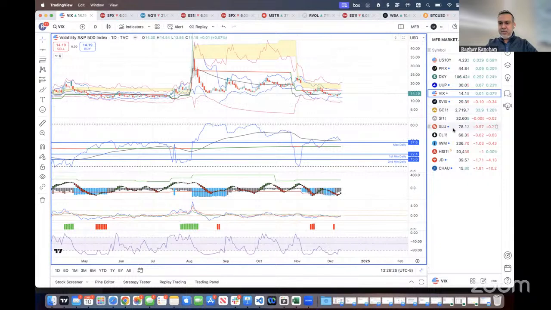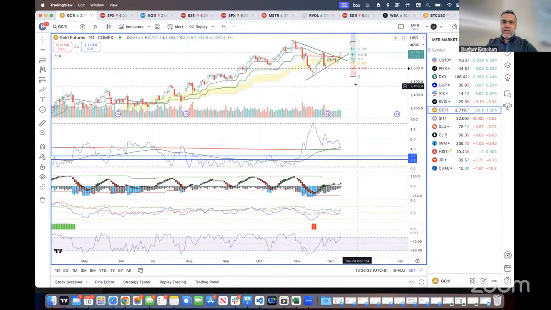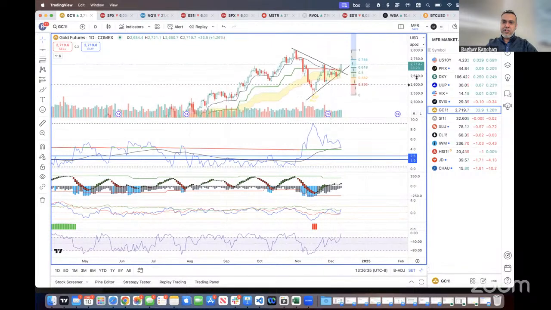Now, coming to some of the assets that I'm looking at. So this is the GC chart, gold chart. We had a very, very solid buy signal from the MFR indicators, and it got capped. And if you look at the technical indicators, some people might look at it as a triangle breakout, and that happened today. What I'm seeing is that in MFR indicators, it regained the bullish trend, and the low end of the ranges all are pointing up. The long-term ranges are all pointing up. This looks ready for a big move up.